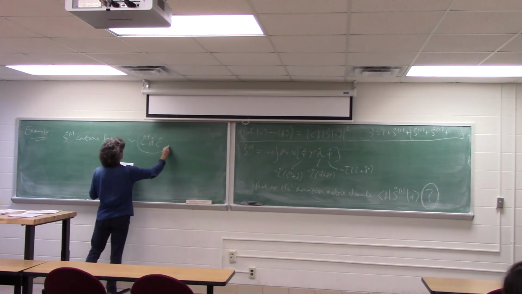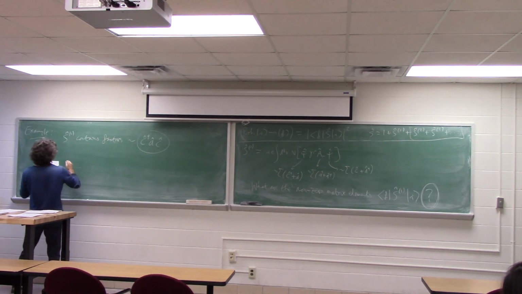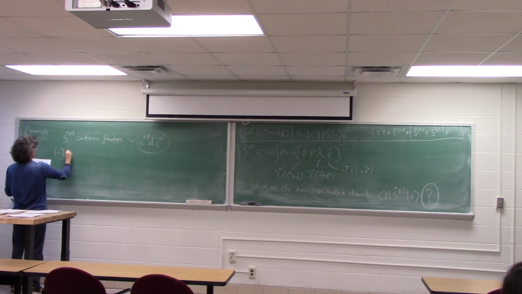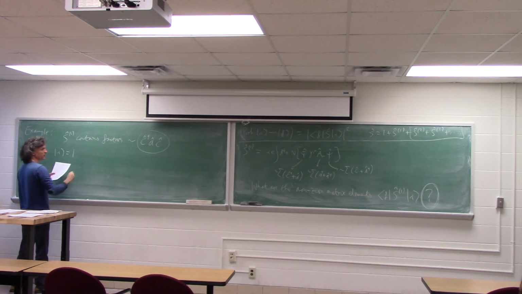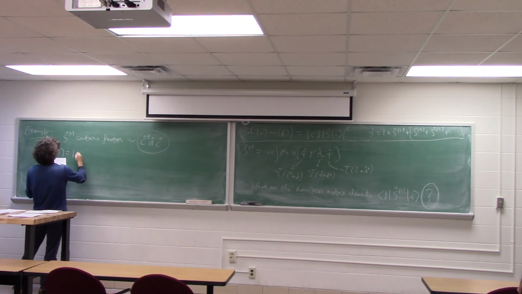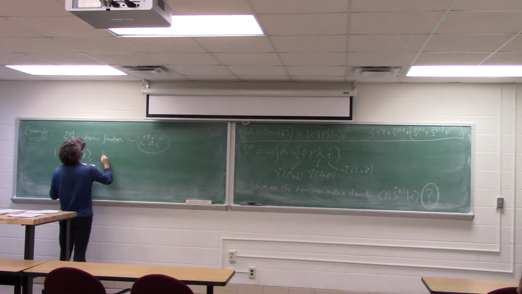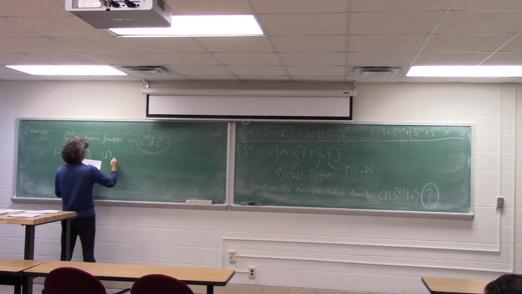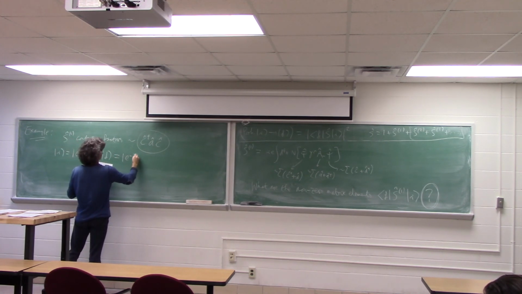This kind of term, just writing symbolically, we'll do it more precisely later: if I have an initial state that contains an electron and a photon, and a final state that contains just an electron,